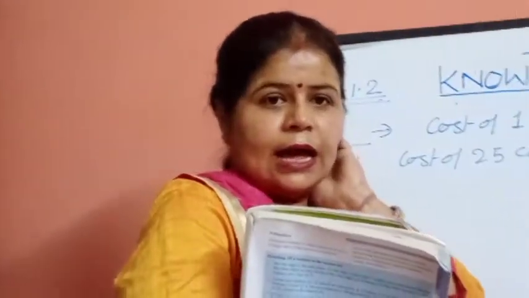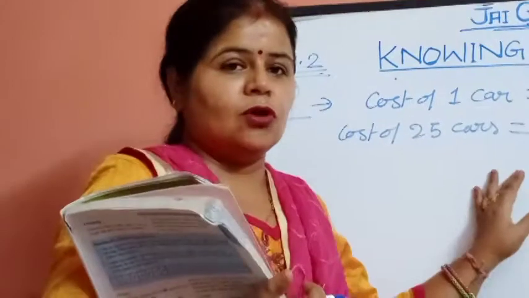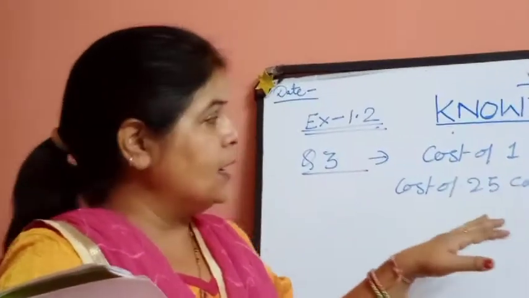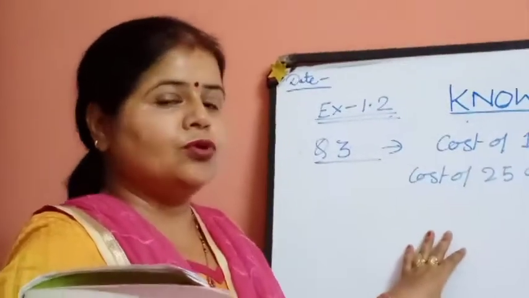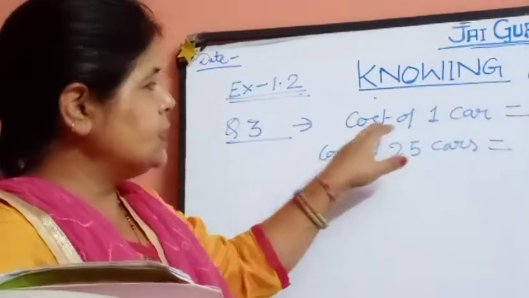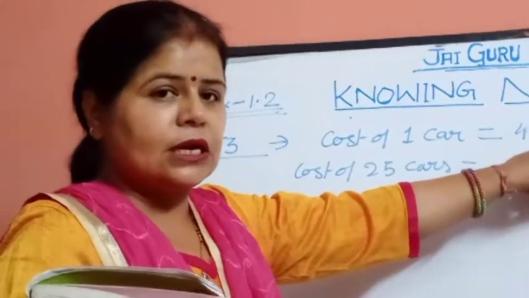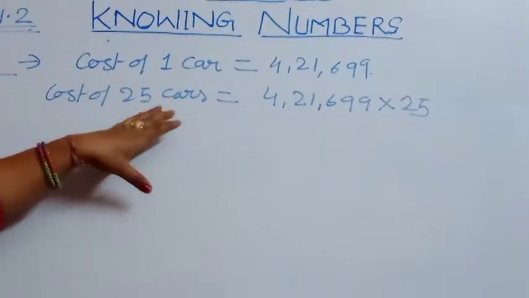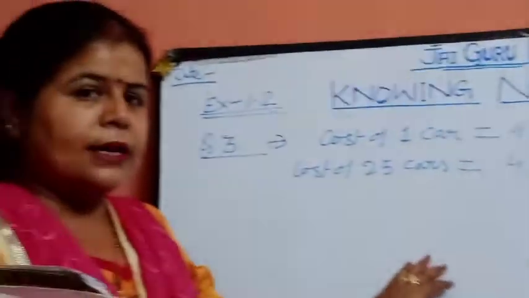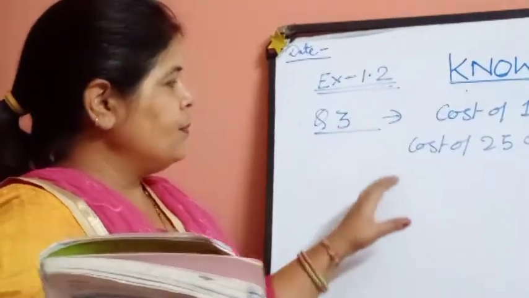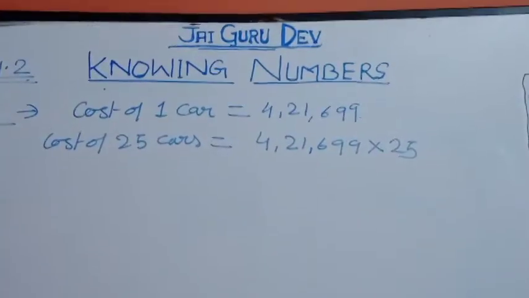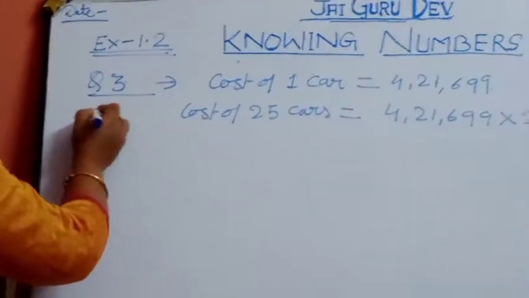Beta, I have seen while you are sending me your homework that you are doing some mistakes also, and from here it is very difficult to rectify your mistake. Better is that while you are doing the question, you do the statement. You will write the statement by pen, as in previous classes we were doing, and whatever multiplication you are performing, you can perform by pencil. Okay. Then here you will perform this multiplication, and whatever will come, that will be your answer. Okay, complete it. This will be your homework.